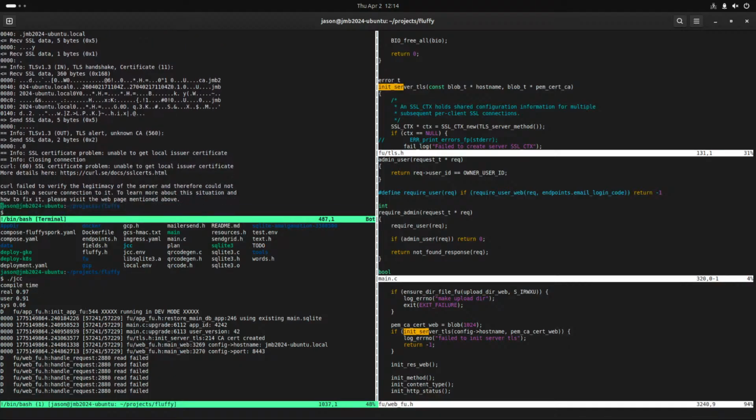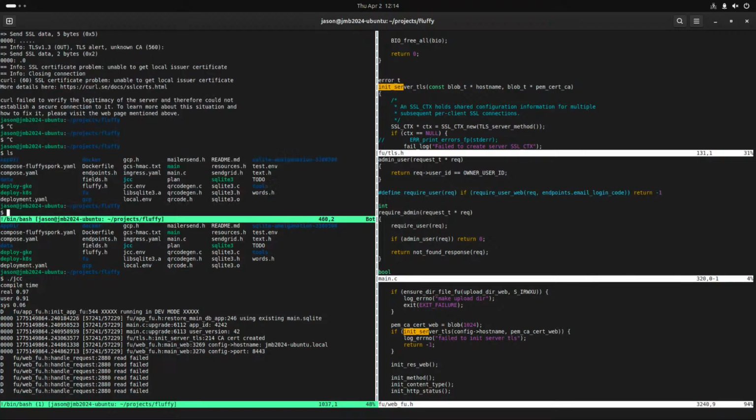So is this working? This is working. Yeah. Certificate unknown CA. Yeah, so it's giving an error. Failed